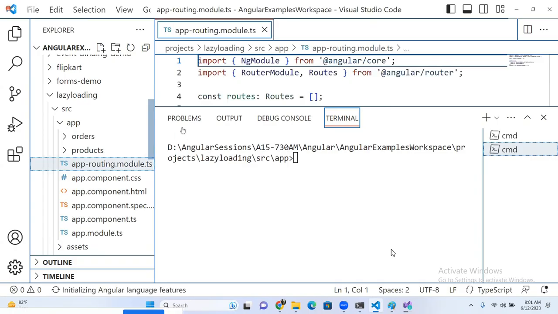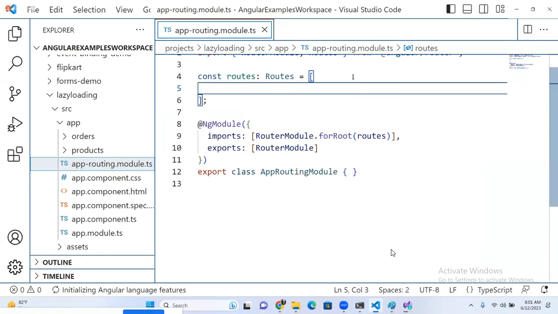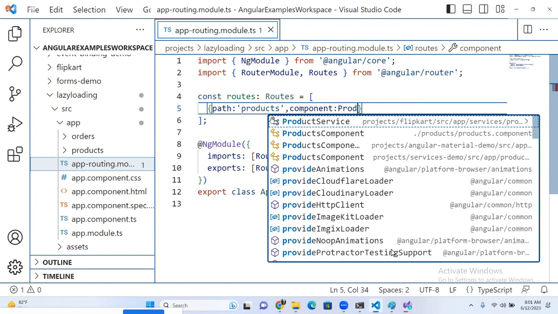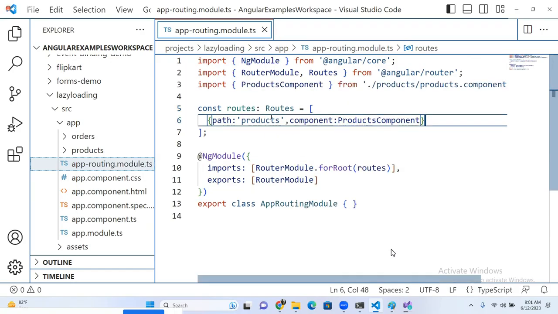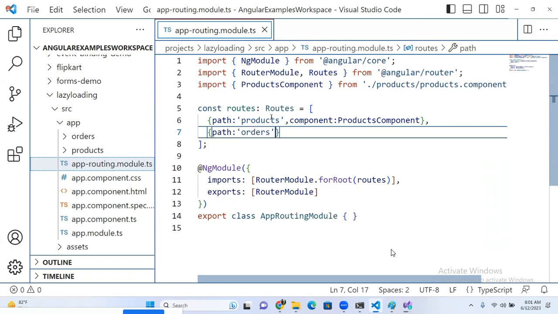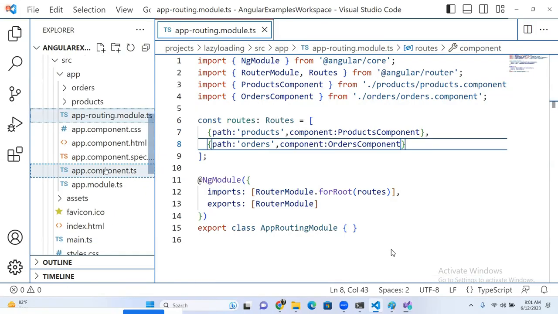So for that, let's go to the routes here, because we have the routing module available, app-routing.module.ts, and here I'll be specifying the path. Suppose if my path is going to be products, then I'm going to load the products component. And at the same time, if my path is going to be orders, then I'm going to load the orders component. And then I'll be creating, let's take app